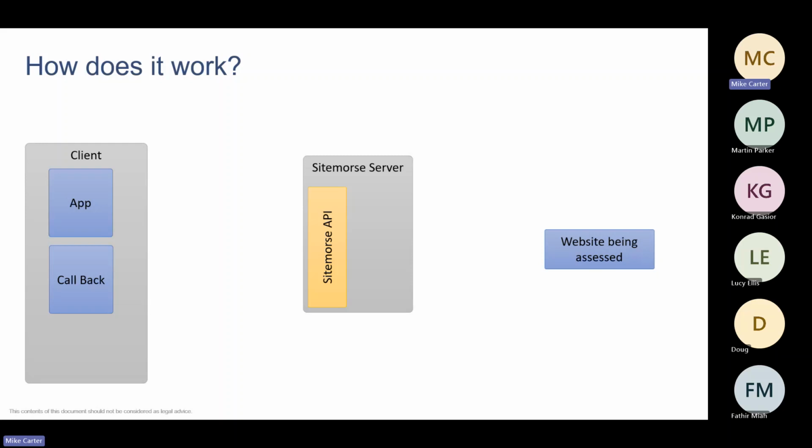Now, if it's your own website, it would be on the left of this diagram. But yeah, it can be anywhere. Anything that we can access, we can test. So it all starts off with your application sending an HTTPS POST to us with your license